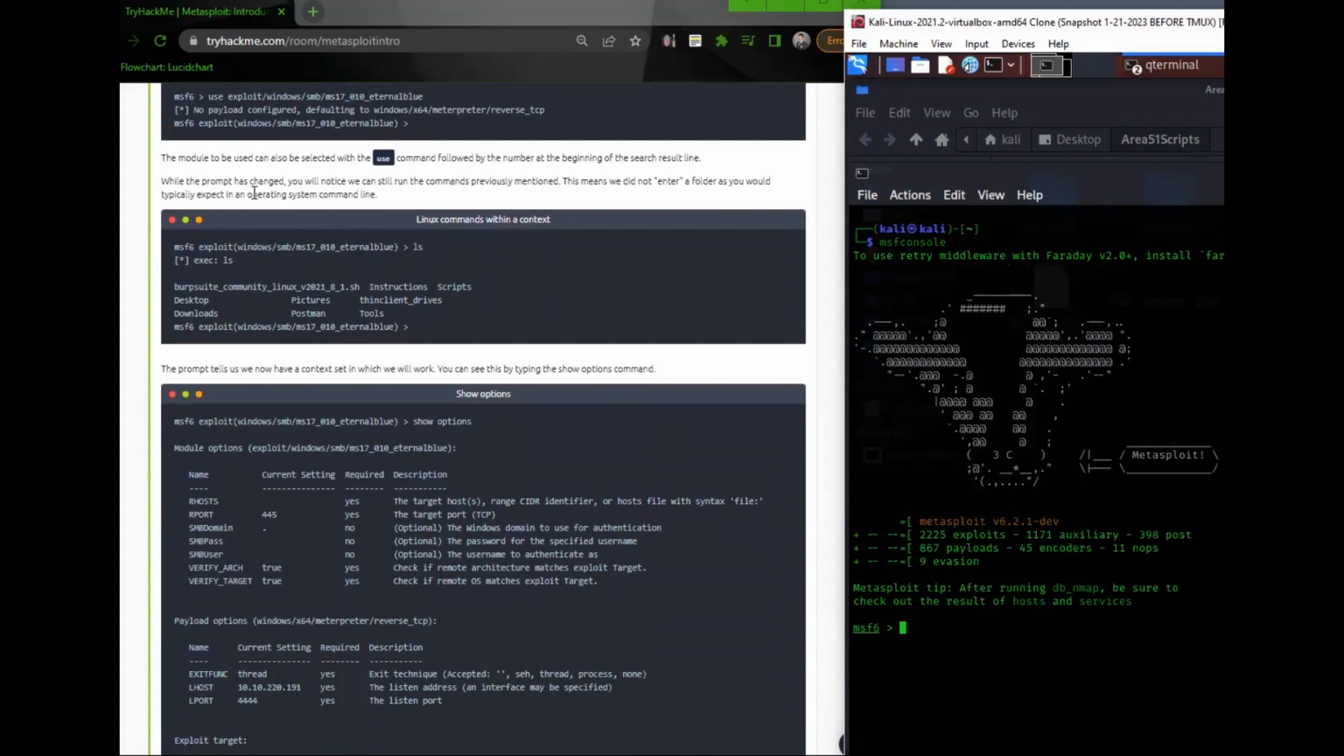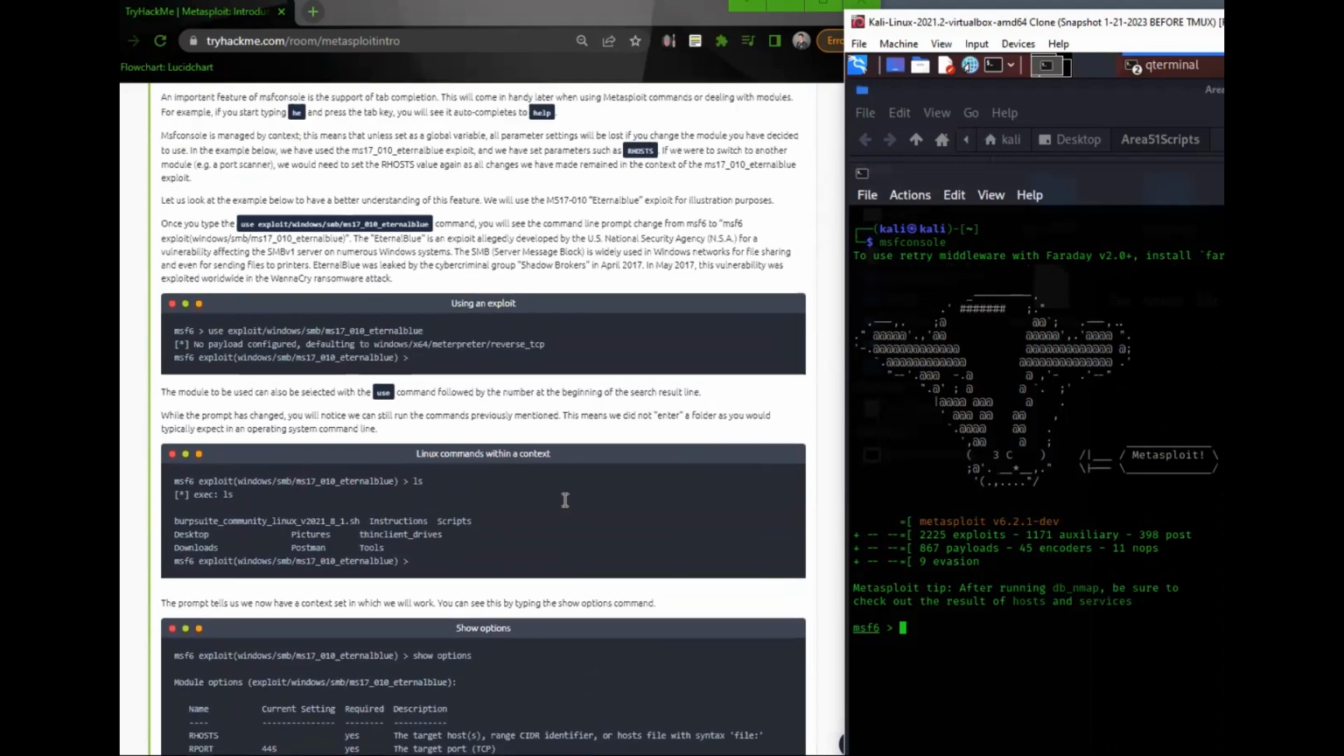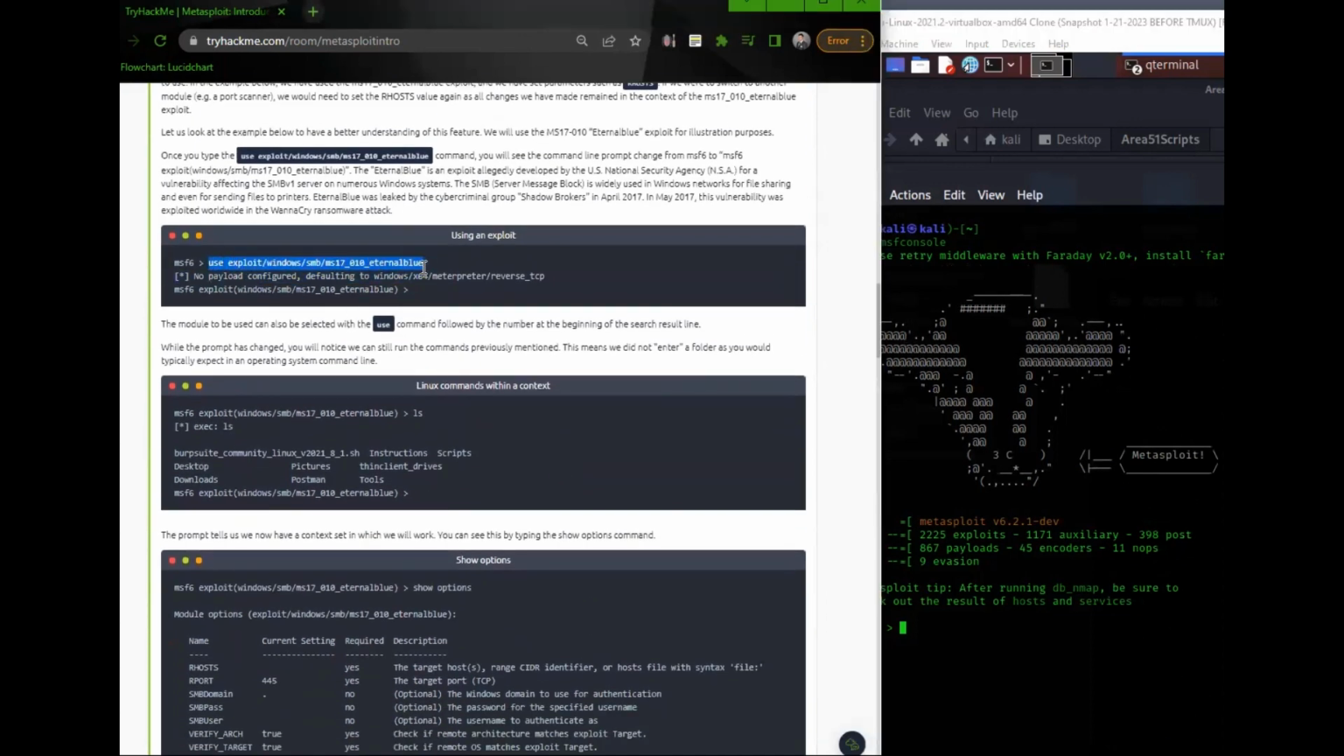While the prompt has changed, we will notice we can still run the commands previously mentioned. This means we did not enter a folder as you would typically expect in an operating system command line. Okay, show options. The prompt tells us we have a context set in which we will work. You can see the options by typing the show options command. Okay, so once we actually go to use,